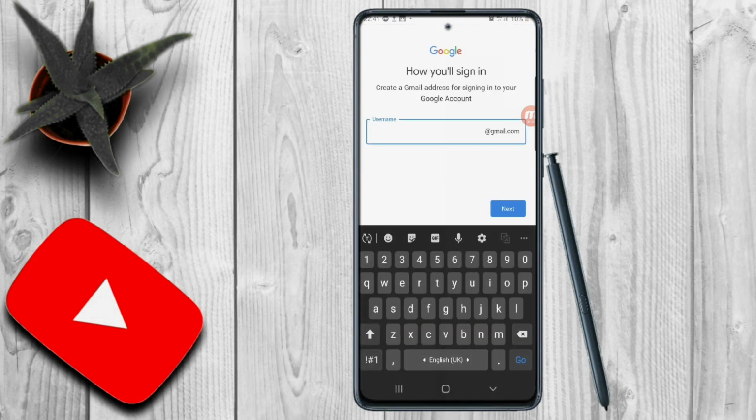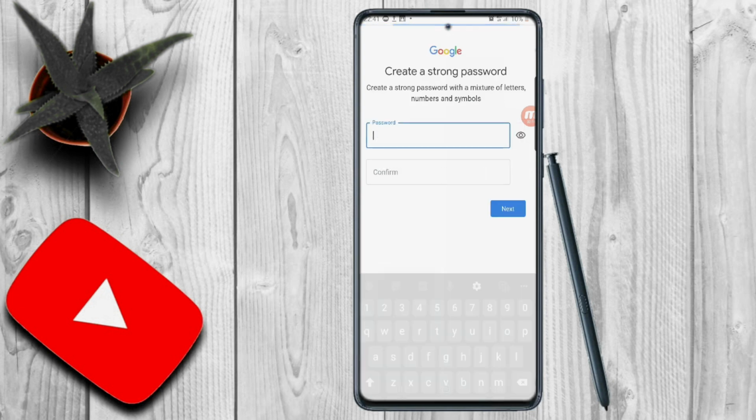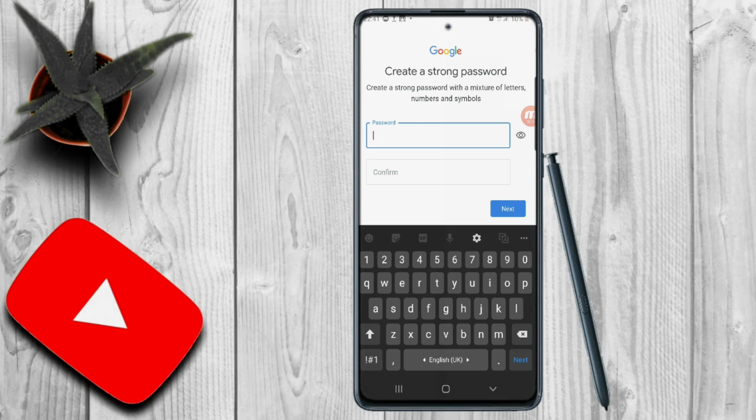Next, so the username could be something, could be anything, to be honest. I'm just gonna write Tommy.123, hopefully it's gonna accept it. It says no, so I'm just gonna select whichever that it says is available. TT699489. Who on earth is going to be able to remember that? Go next, select any password. I'm just gonna select any that's easy,